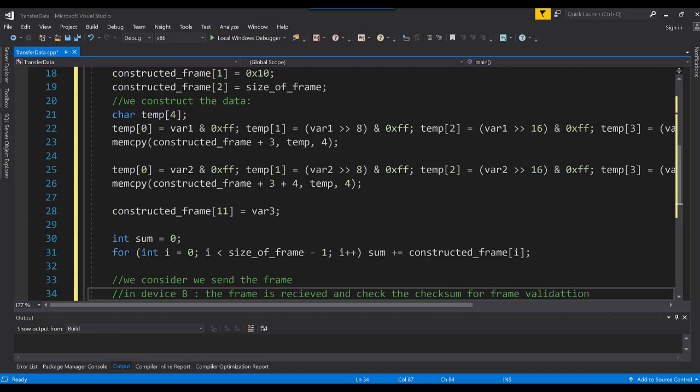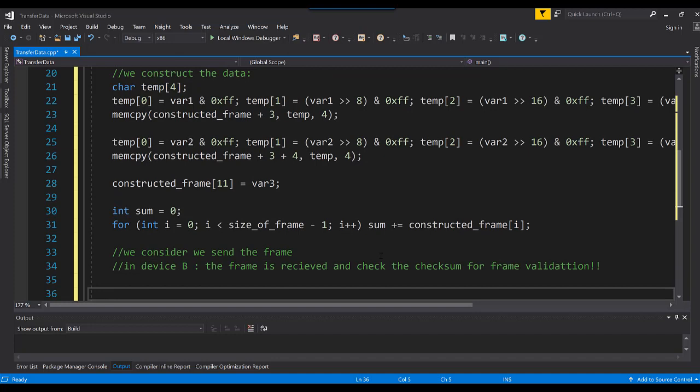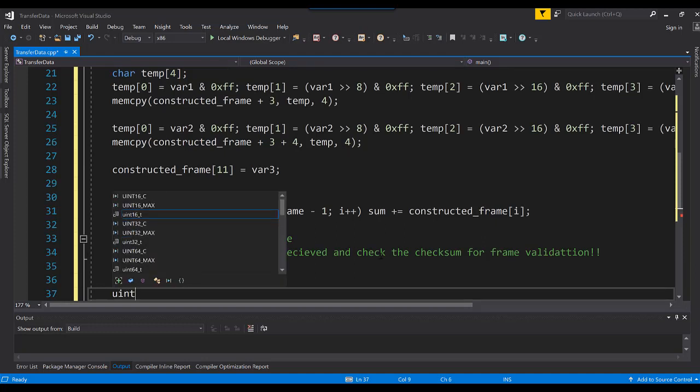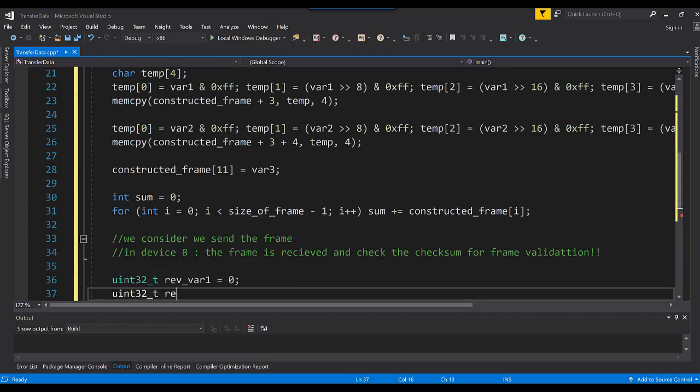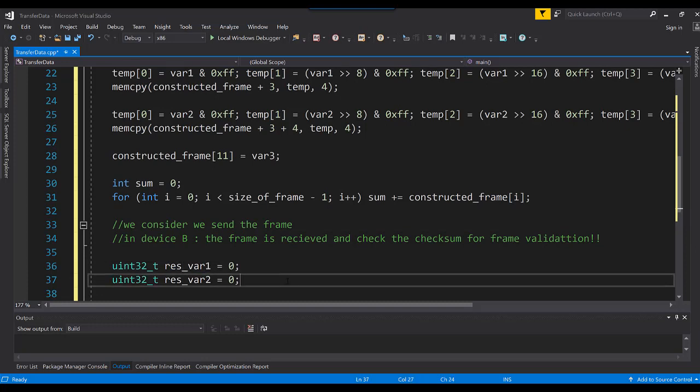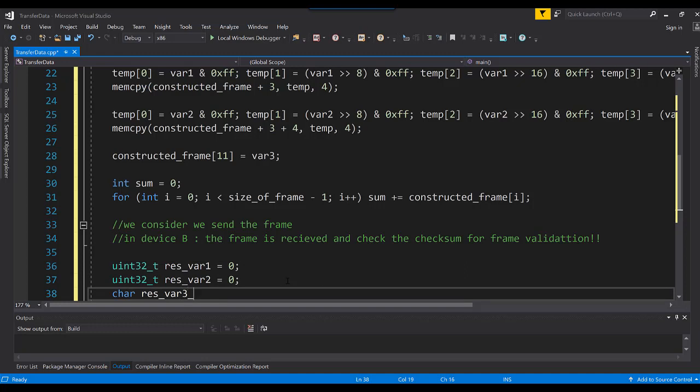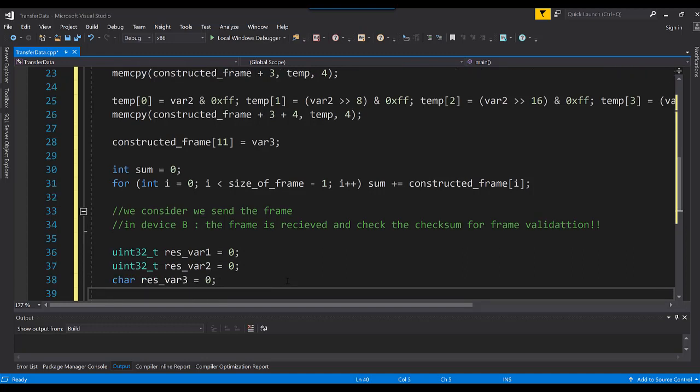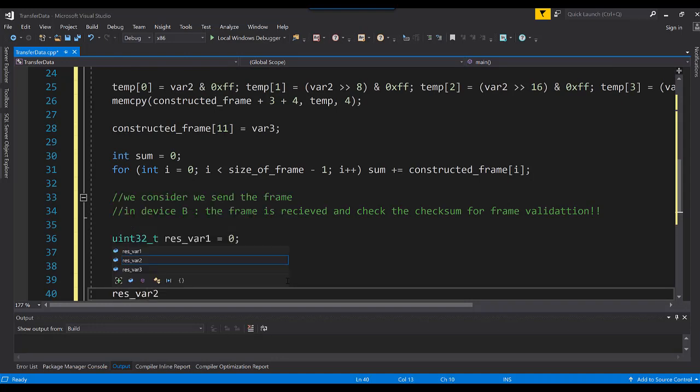Now we want to extract the data from the frame. We could do this: uint32 receive data, receiver var1 equal 0, uint32 receiver var2 equal 0, and receiver var3 equal 0. So receiver var2 is constructed from